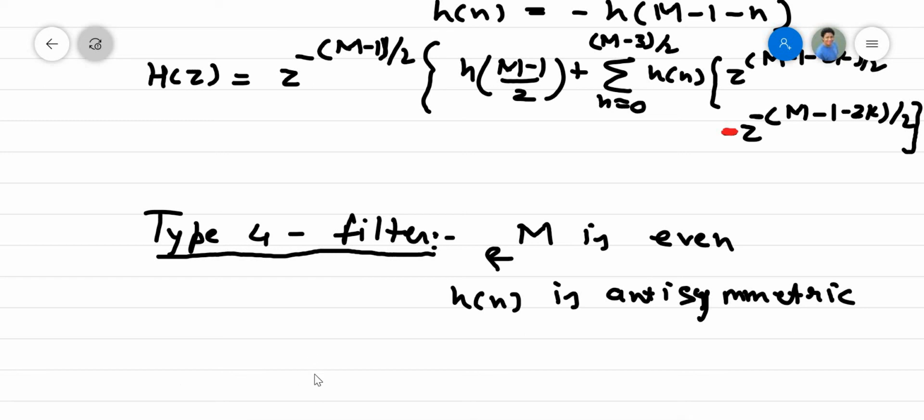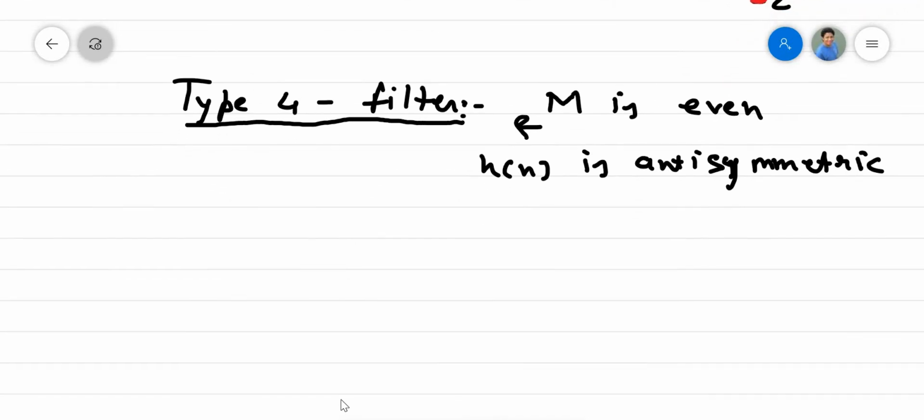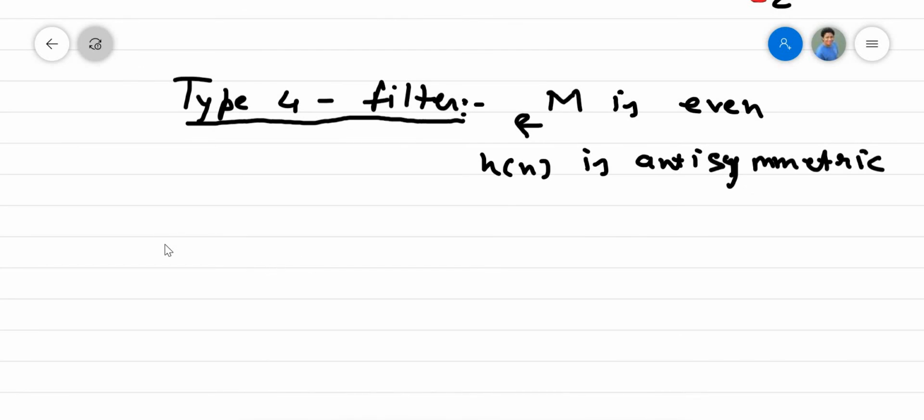Then one can see it is relevant to match type 4 with type 2 filter, where for type 2 filter we have H(z) is equal to z to the power minus (M minus 1) by 2